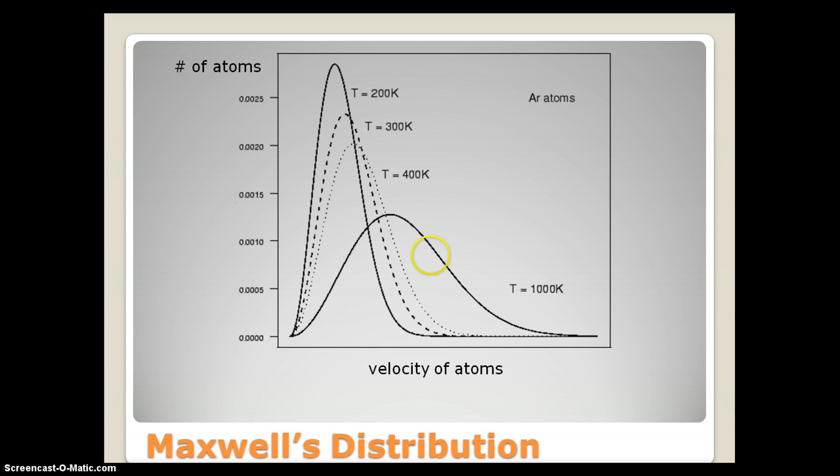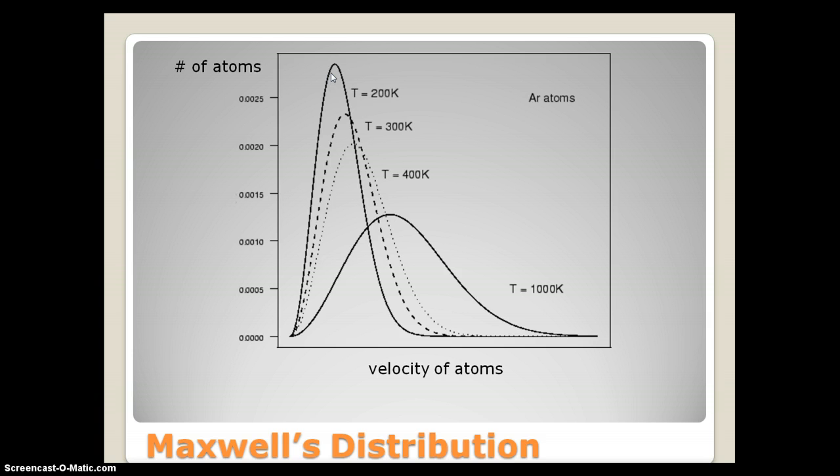So with a higher temperature comes faster moving particles, and these are more or less equated with each other. Same thing with a lower temperature: we have particles that are moving slower, and the peak is a bit more concentrated as well. There's a smaller distribution of particular energies. All right, this is going to lead into